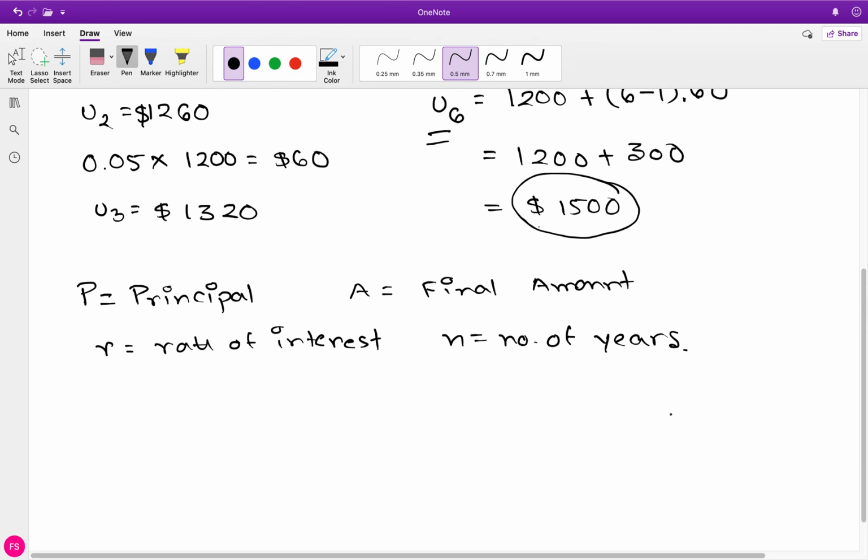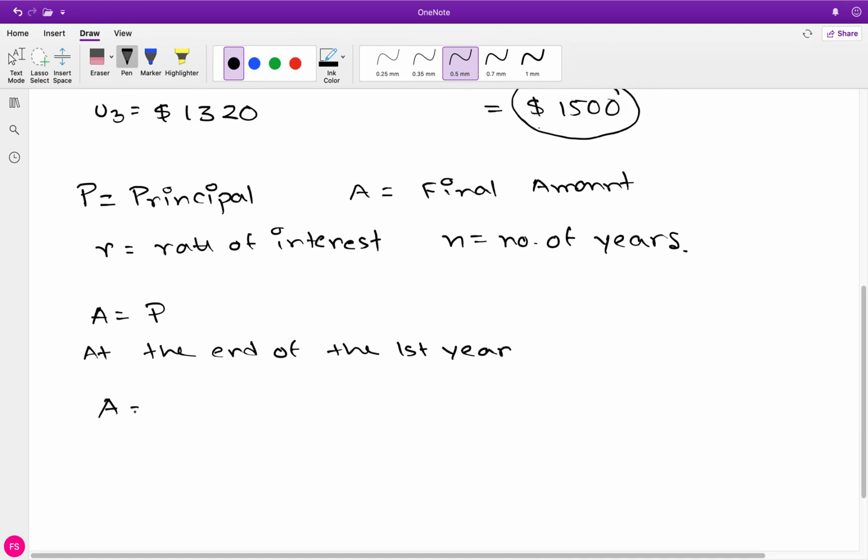Now when you first deposit an amount in your bank, your final amount is only that money, the principal. Then at the end of the first year, you will have this amount, the principal, and on top of that you will also get the